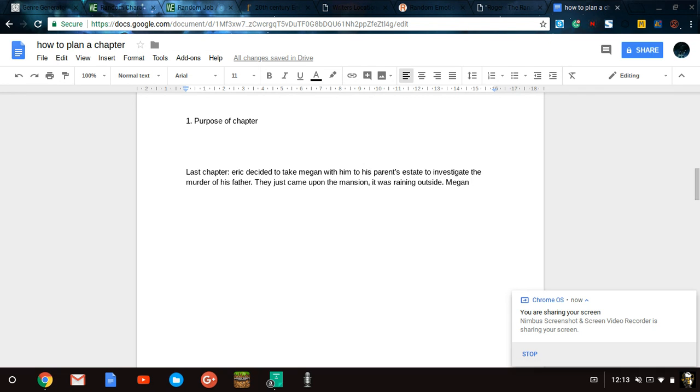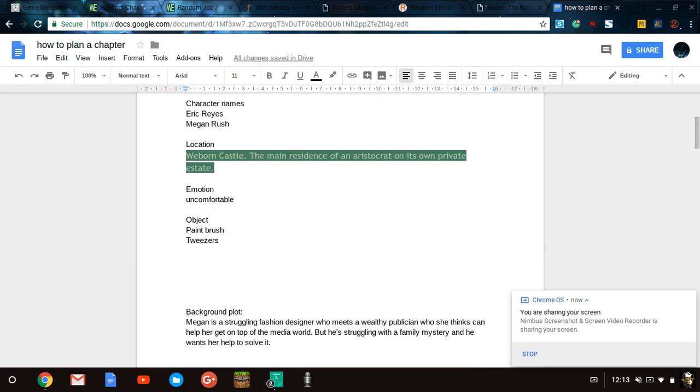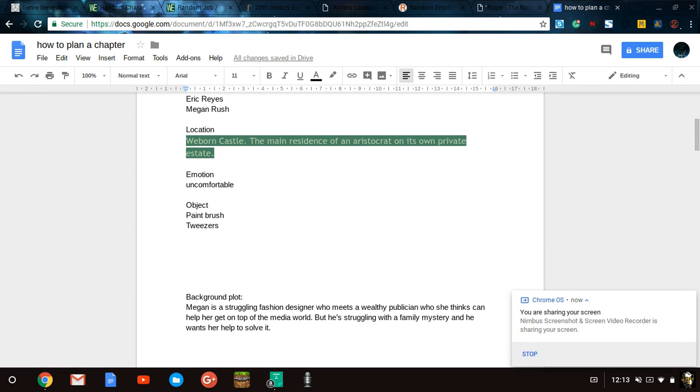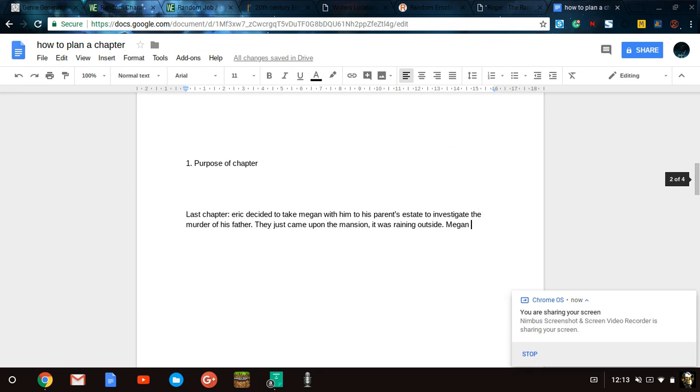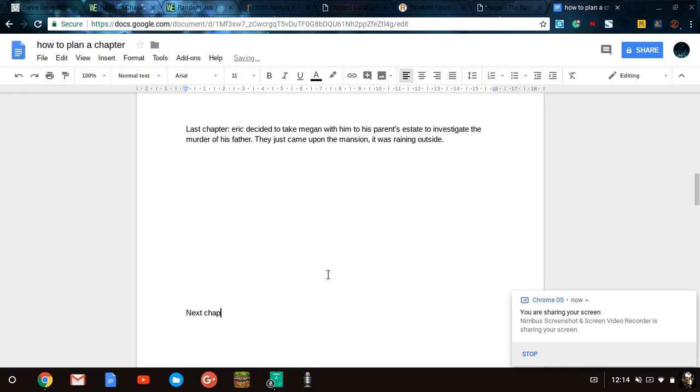The idea is to first figure out where your story, where your chapter is coming from, and then where it is going. So they're coming to the castle. Whew. I'm tired. They find it. Wait, no. So yes, that is what it will be. And then where it is going, next chapter, I think that I want this chapter to go